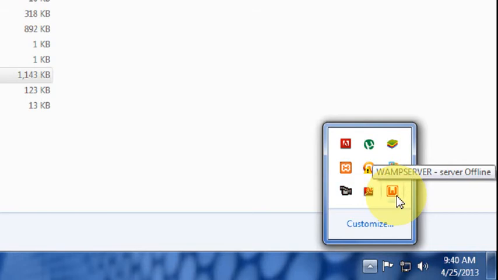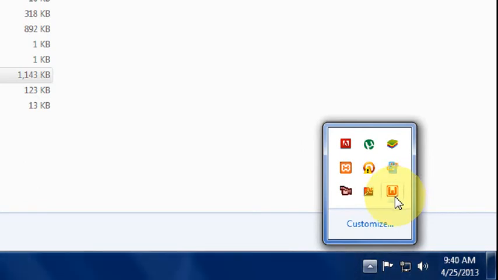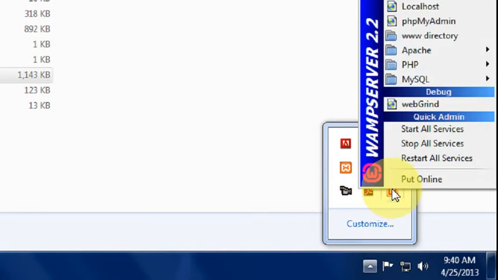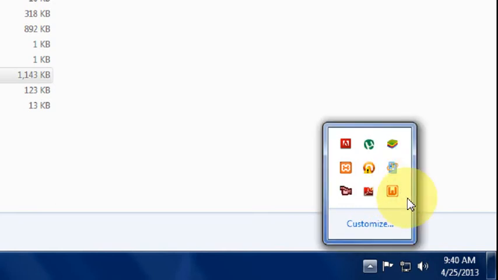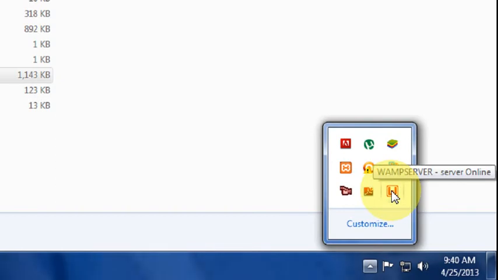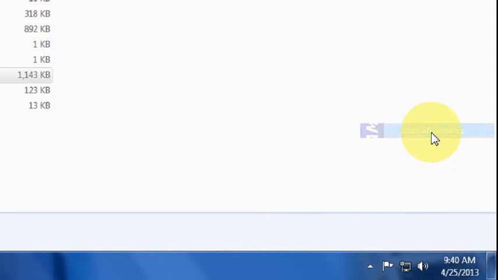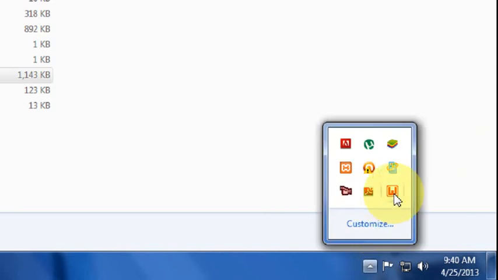That means it is offline. The WAMP server will start working only when it turns green. It should be done automatically. I think there's some problem here.